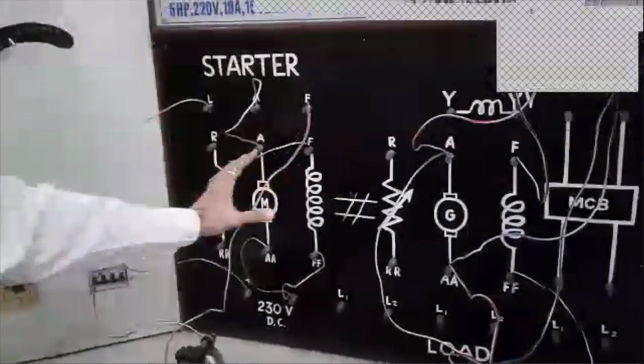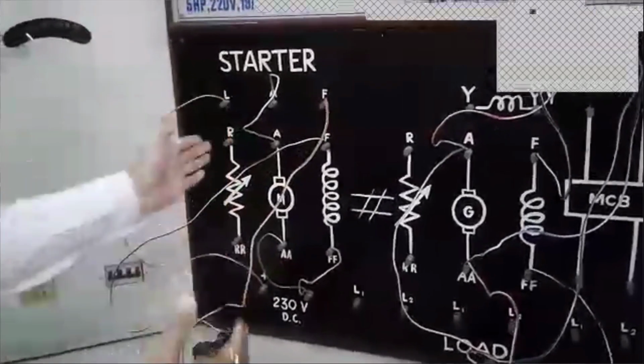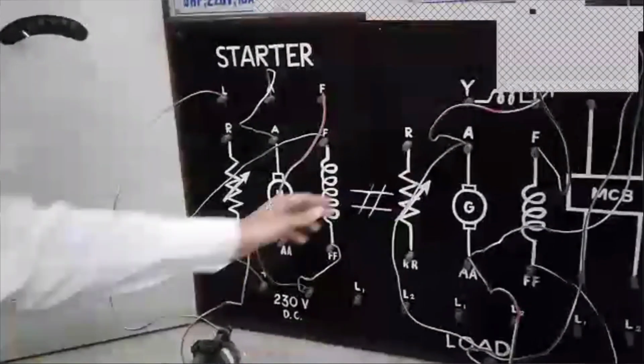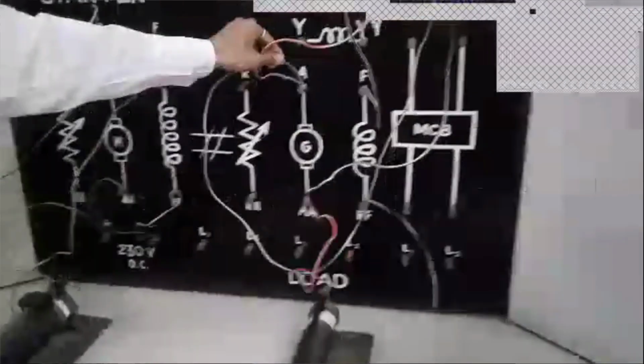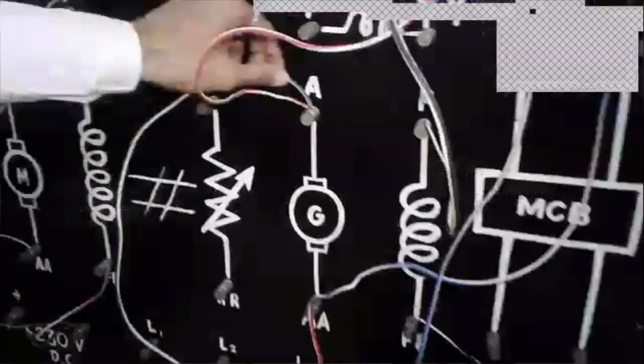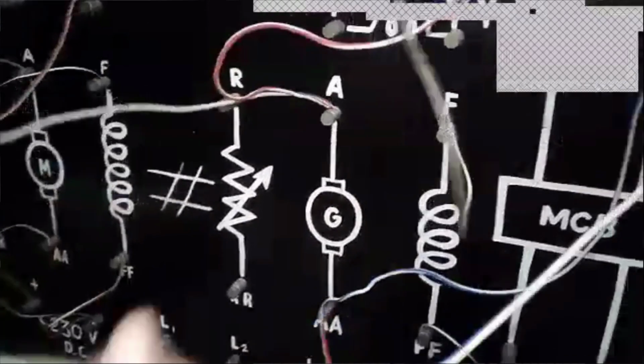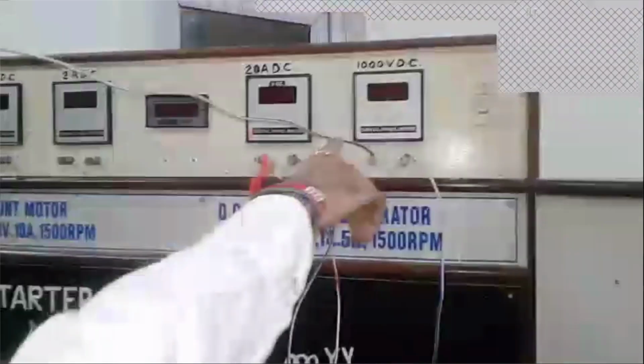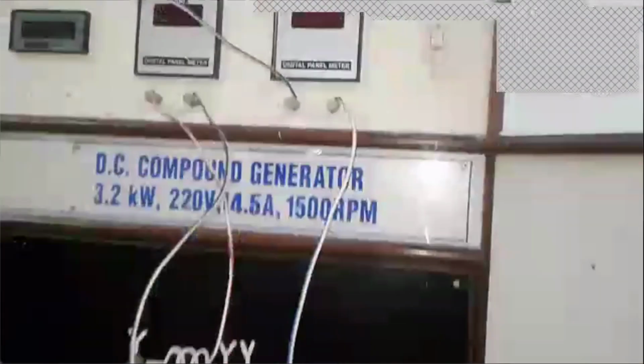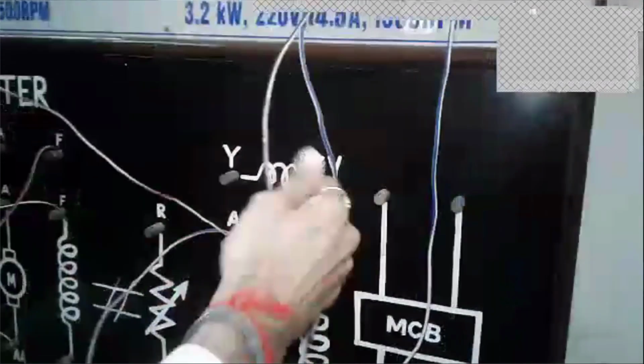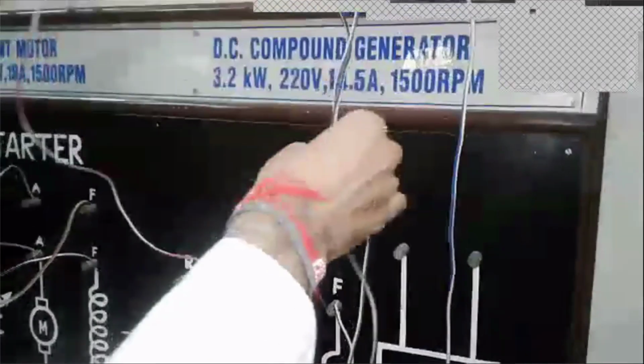Now as we saw, we are driving this motor, and this motor is coupled with this generator. In the generator armature we have the first terminal A, the positive terminal of the armature. It is connected with the digital voltmeter, so we can measure the voltage across it. This is a 1000 volt DC voltmeter. It is connected across the A terminal and AA terminal, where this one is positive and this one is negative. Now the field current, this one is also a DC ammeter.